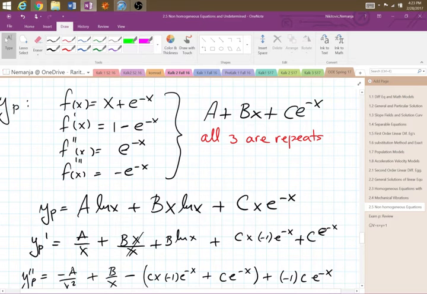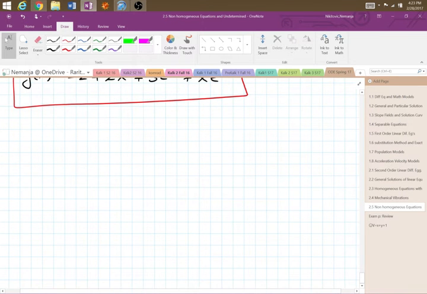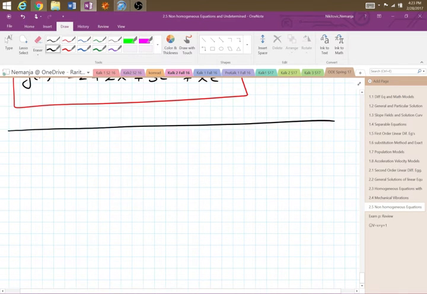Now, the method of variation of parameters has a fairly long derivation in the book. Those of you interested in mathematics will obviously look that up. And what I'm going to do is write the formula, and I'm not going to ask you to memorize this, because really